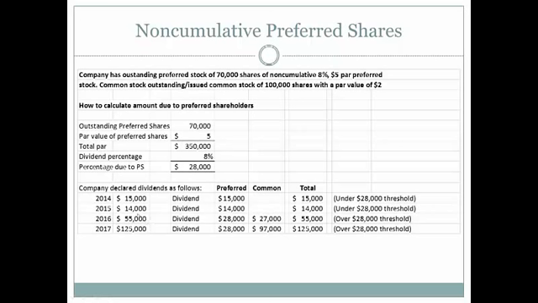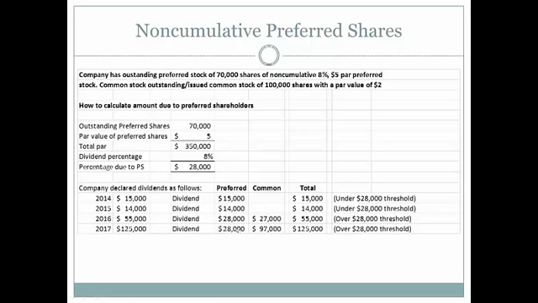In the third year, a $55,000 dividend was declared. So $28,000 would go to the preferred shareholders, so their portion is limited to $28,000. The common stockholders would get $27,000, and that's over the $28,000 threshold. The minute you look at it and see that it's over the threshold of the percentage due to preferred shareholders, you know a certain portion is going to go to the common stockholders and a certain portion will go to the preferred shareholders. And right now, the preferred shareholders are probably pretty happy about the way things are being divvied up. But in this year, when they declare